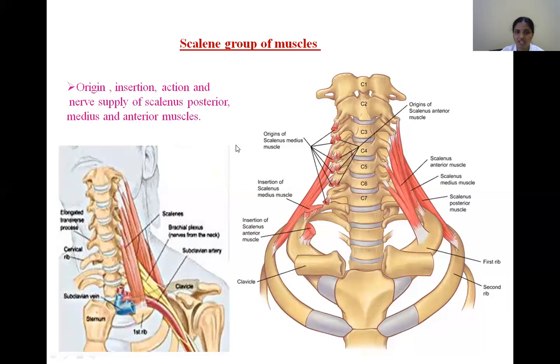Later I will discuss what the intercostal muscles are. So these are the scalenus anterior, medius, and posterior muscles, right? So here you see an important relation between the anterior and medius. We can appreciate the important nerves. What are these nerves? The brachial plexus along with an artery, that is the subclavian artery, in between these two muscles.